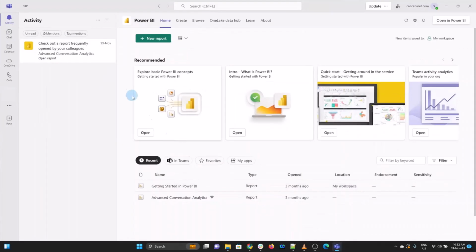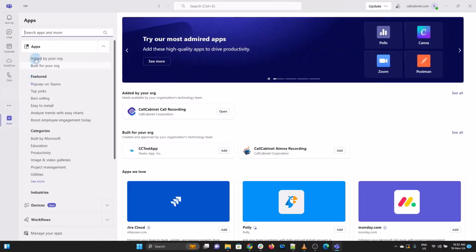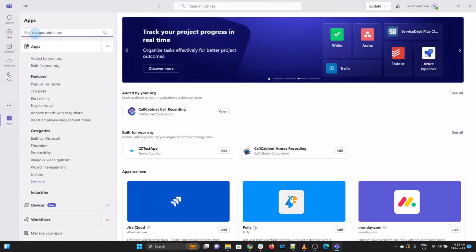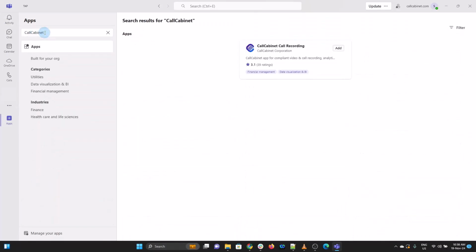So open up your client, and inside its menu panel, go down to the icon that is called Apps. Once there, click on that icon and then go to the search bar. Inside the search bar, type in Callcabinet. The result of your search will appear on the right hand side, and go to the Callcabinet call recording